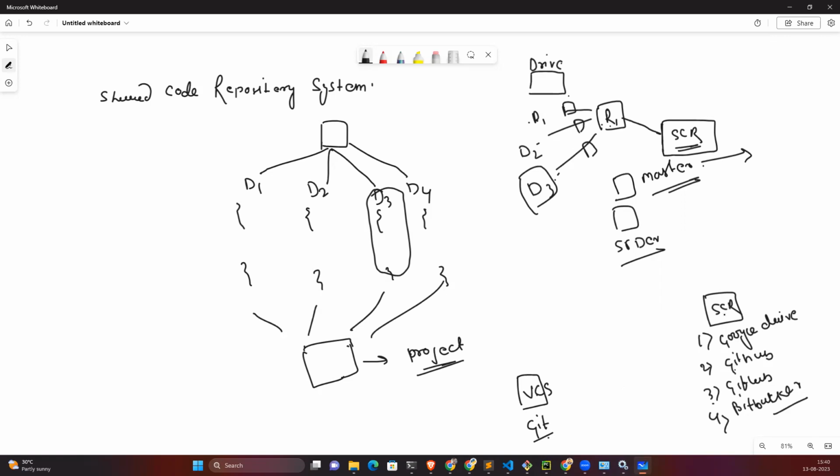GitHub is an SCR, shared code repository, but Git is a VCS, version control system. Git is a very powerful application which is responsible for communicating with your local system and maintaining the versions of your code with this cloud provider. We'll talk about all of this.